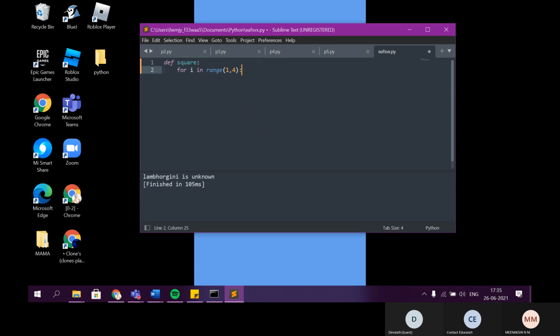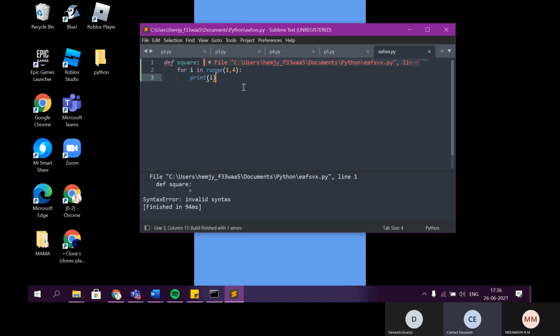Print. Hold on. Don't do anything. Why are you rushing? Print, double quotes, inside double quotes star. 4 stars. Okay.